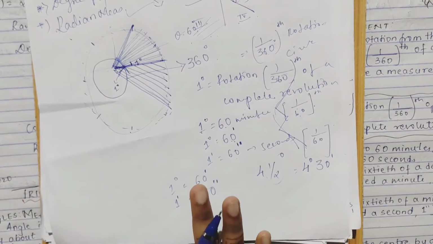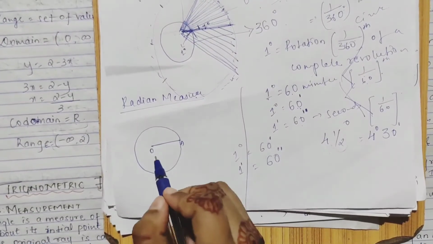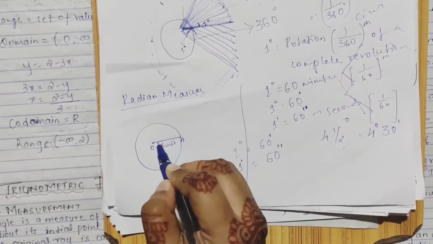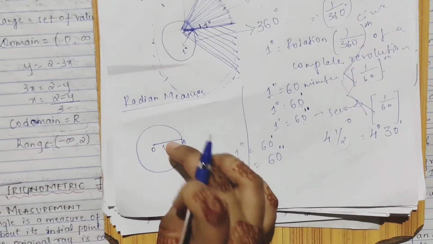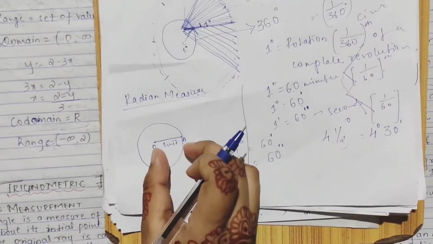Now we'll see what radian measurement is. Now this I have taken as 1 unit, 1 unit as a radius. We draw a circle, right? We take the radius, keeping your scale. First we draw a circle with a radius of 1 centimeter, it is centimeter, it is meter, whatever. 1 unit it is.